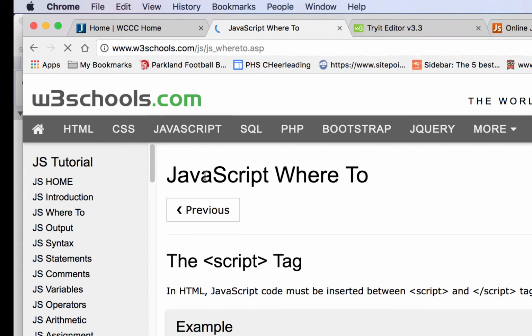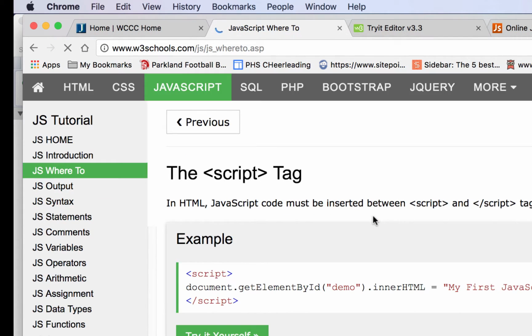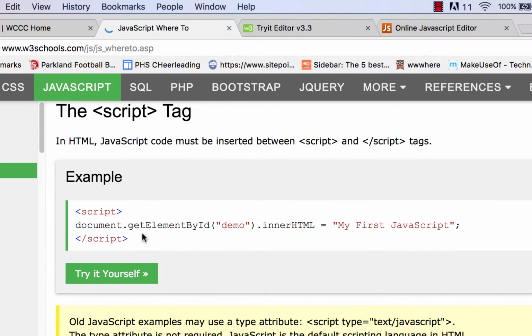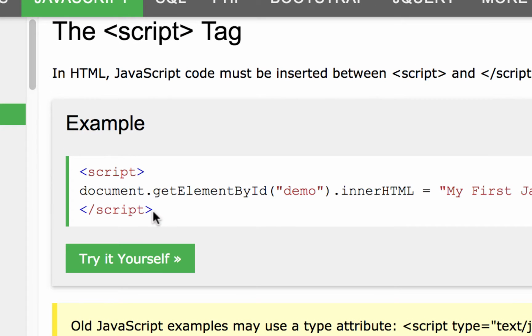Under the where to, it talks about where to put the JavaScript. And initially, we're just going to put it inside script tags, opening script tag and a closing script tag in our HTML page. We'll put it right in the body initially. You can put it in the head. Learning JavaScript tells you to put it at the bottom of the body, one of the last things. But initially, with these little blurbs we're going to be doing, this is not a lot of code. We don't have to worry about load time or anything like that. We'll just put it right in the middle of the page of where it's actually going to display,